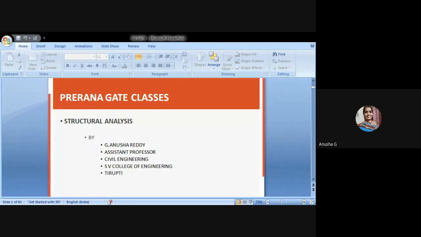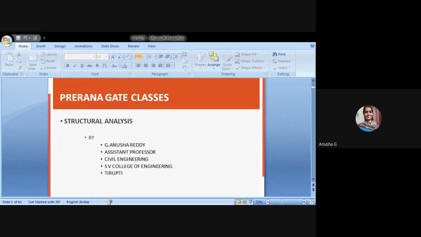Thank you for attending the structural analysis GATE classes. Today's session is the fourth session for us. We will start the arches here, and then we will see some more important definitions and formulas in arches. That is in our unit, whatever we learned in structural analysis 2. And simultaneously we will see some more equations from slope deflection method and moment distribution method. All these topics we will cover in structural analysis.